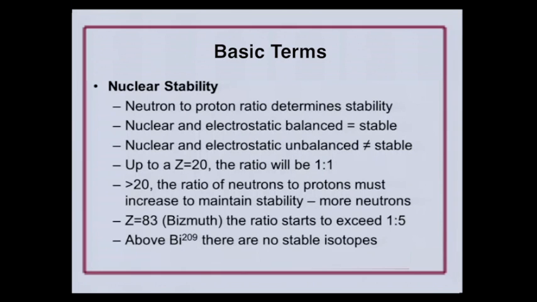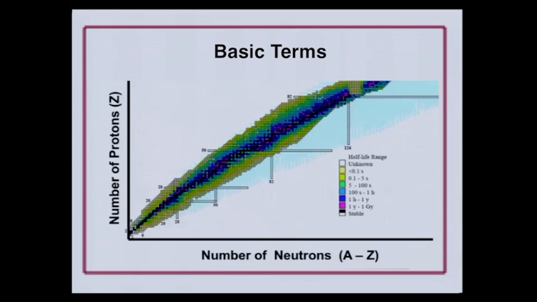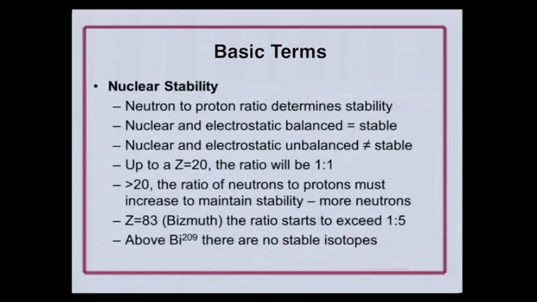Up to a Z, which remember, Z is the number of protons and determines the element, up to a Z of about 20, the ratio of neutrons to protons runs 1 to 1. 1 proton to 1 neutron. Now above a Z of 20, we'll see that the ratio of neutrons to the number of protons must increase